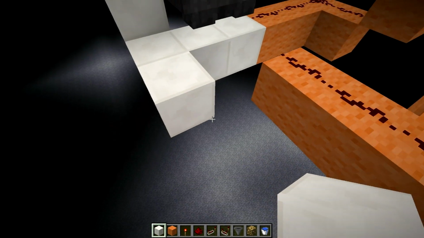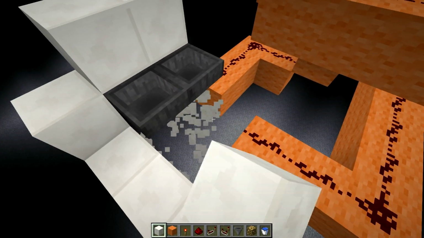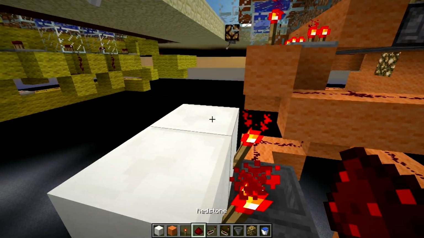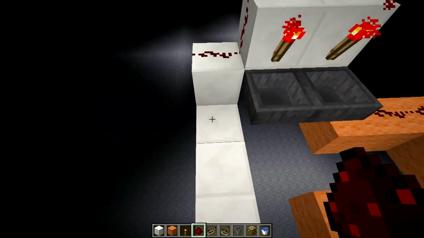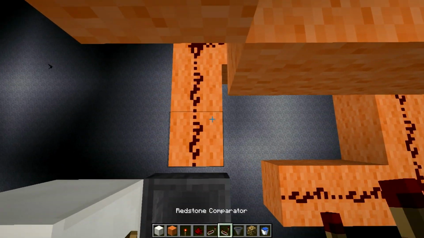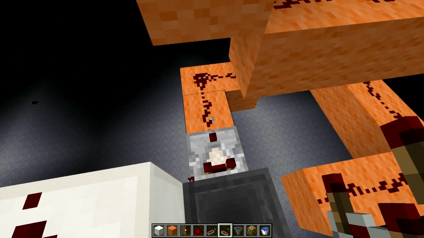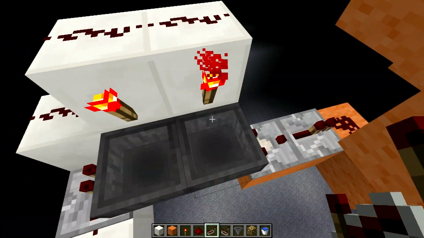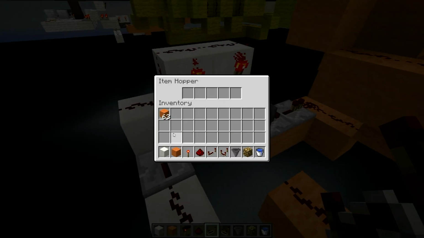We could do something like this. Have you guessed what it is yet? No idea? Okay, so I need a comparator here. I need to extend this signal just for a little bit, so I'm going to have a repeater there. So what this is going to be